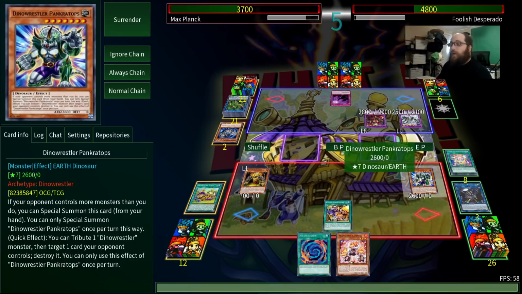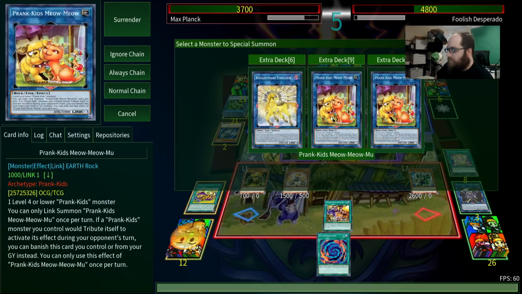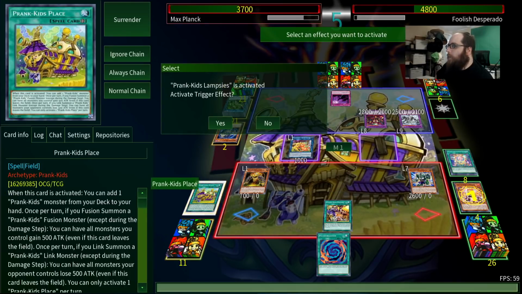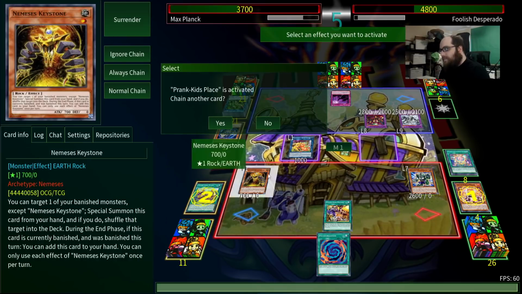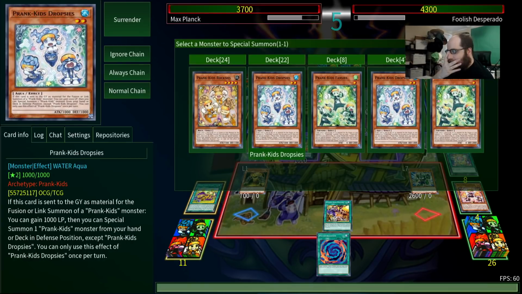Because this can attack over everything. So, I think we're going to risk it now. Let's see if they have it. Let's go for Meow Meow. Oh, I can chain block. Thank you, Prank Kids Place. You're the best around. Nothing's ever gonna keep you down. You can't negate my place. Nothing's gonna hit you in the face. Summon a Prank Kids monster? Yes. Let's go for